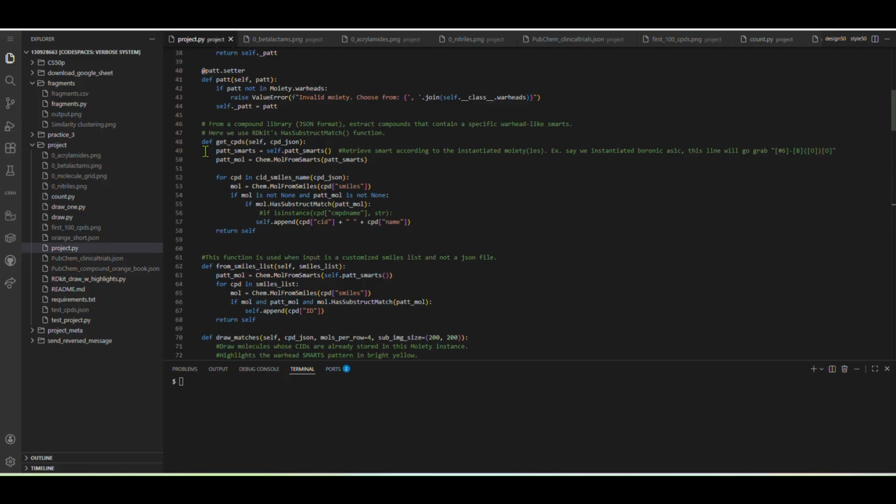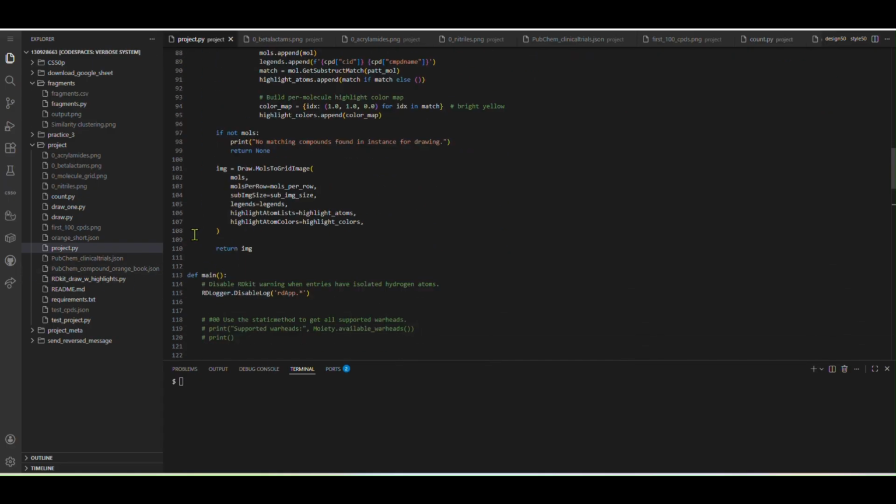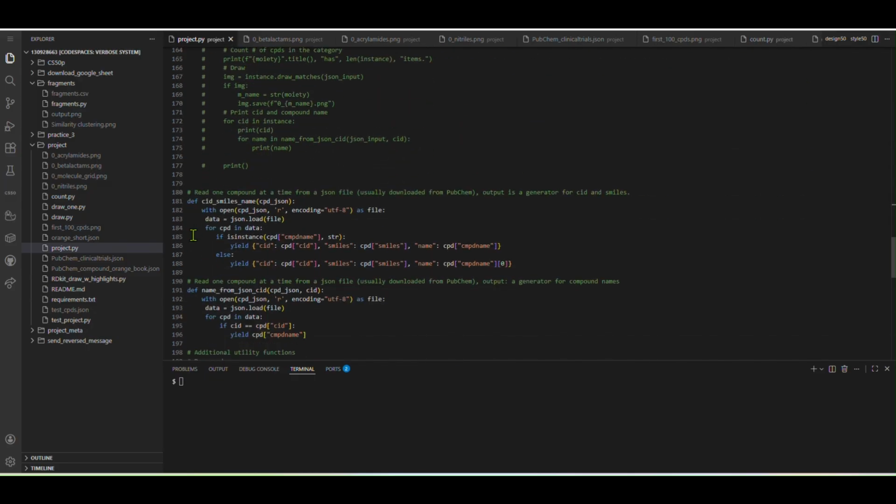The getCompound function actually talks to another function called CID_smiles_name. The CID_smiles_name function is outside of the class because it does not need access to the class's attribute, which is the SMARTS notation or pattern. Let's go to the CID_smiles_name function. What the CID_smiles_name function does is take the JSON file and yield one at a time